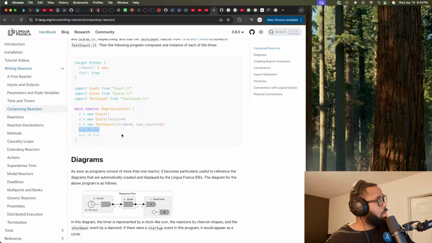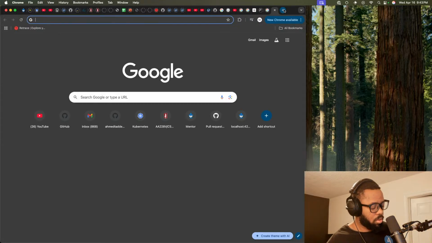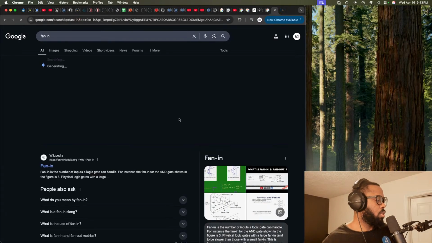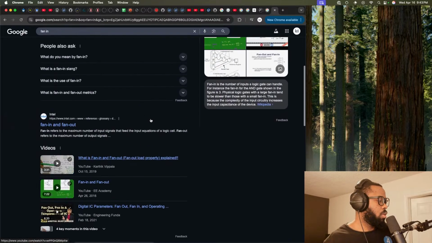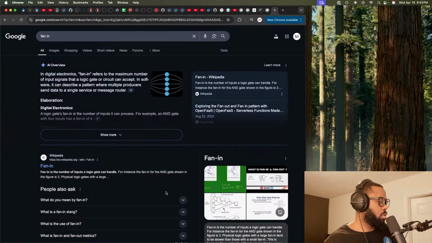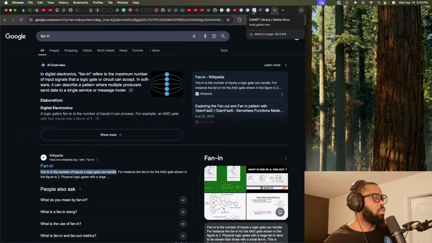I think it does fan out, but there's no fan in, right? Fan in. Am I using the right term? Yeah, I think it's fan in. The fan out and fan in pattern. Anyway, the point is,